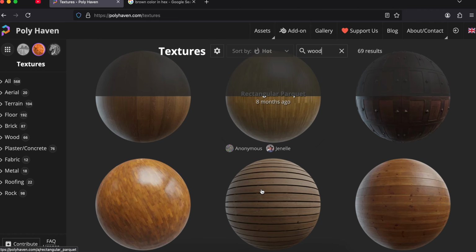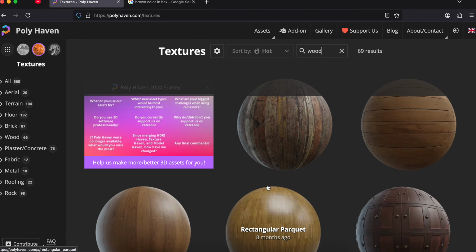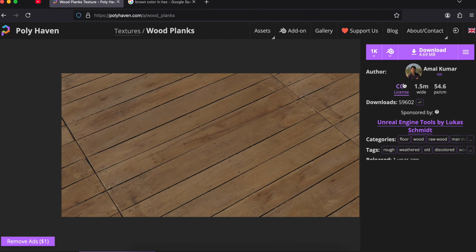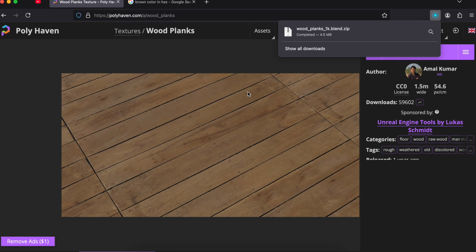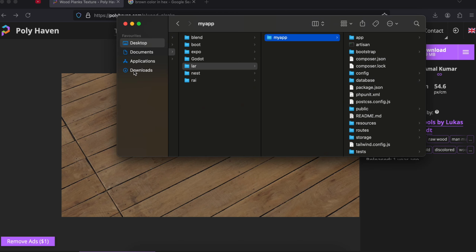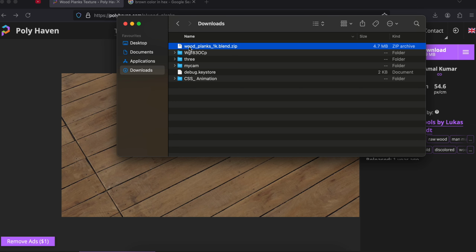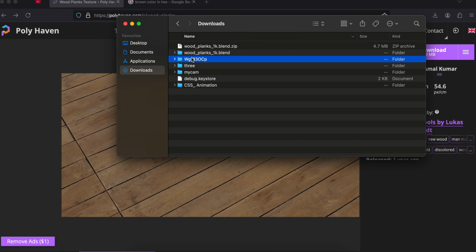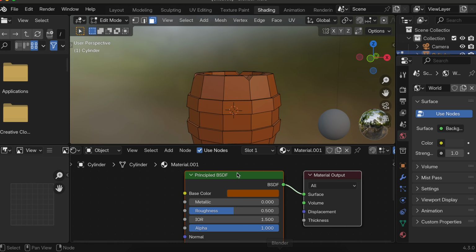Again, you can just use whatever you feel like. I'll keep things simple. So CC0 license means do whatever you want with this, and here I'll select 1K because they are quite large in size. So I'll just download this. I will go to my downloads folder and extract it, delete this. Then what I will have to do now is select the rest of the